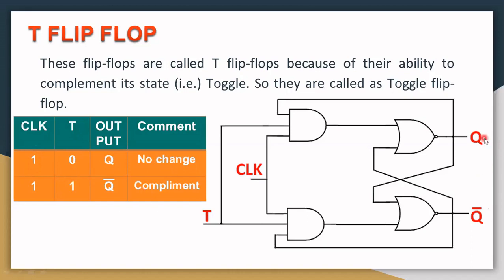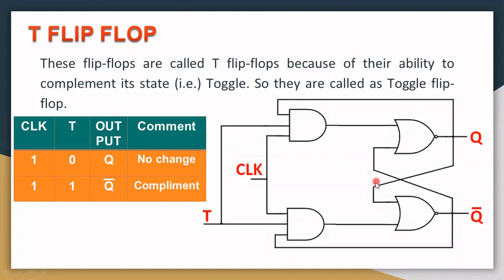Let us check one state. Suppose Q is equal to 1 and Q dash is equal to 0. We are giving T high, 1 here. Q is high, 1 here. Clock is high, 1. So all the inputs of this AND gate are high. We get a 1 here. 1 fed to here. We suppose that Q dash is equal to 0, therefore Q dash comes here. 0 and 1. For OR gate, it is 1. NOR gate complement. So the output is 0. Therefore, Q is equal to 0.